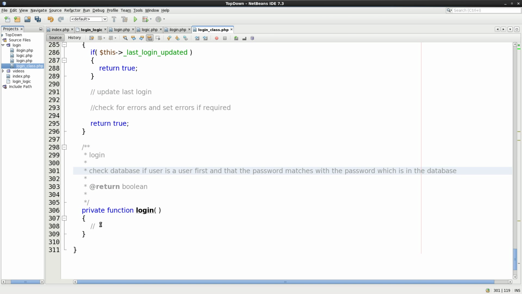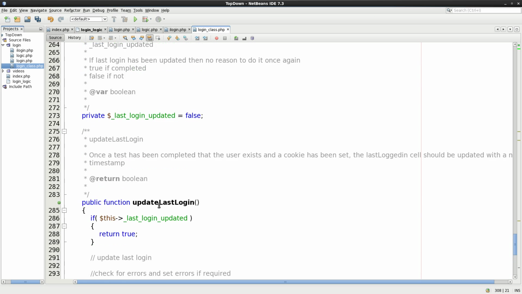Okay. So for the time being we're going to return true. We're going to say that it's okay. Yeah, that's all we're going to do. Is we're just going to say it's good for now,